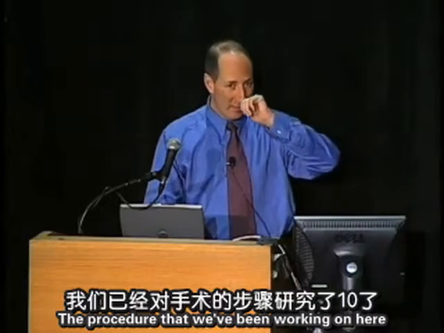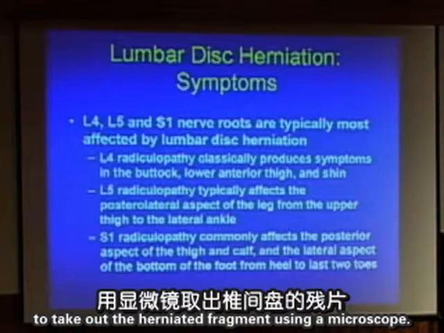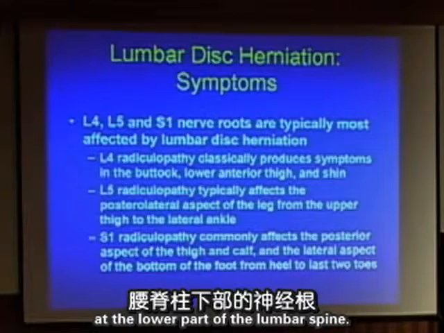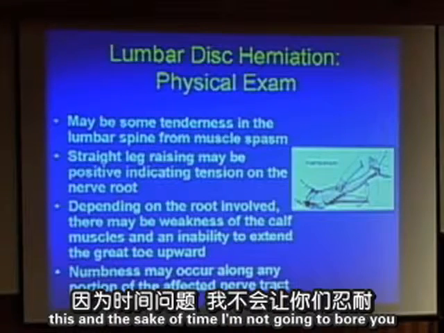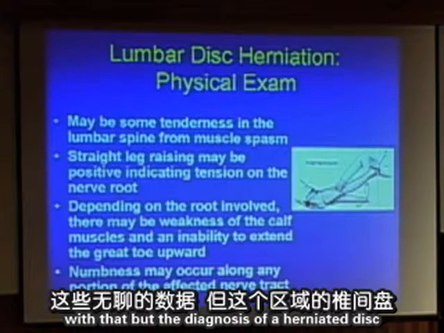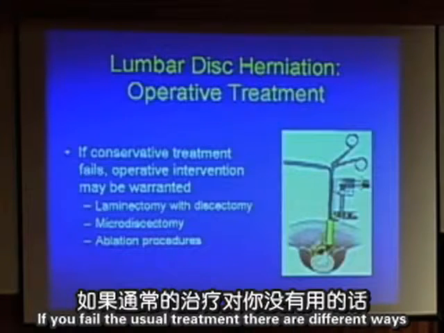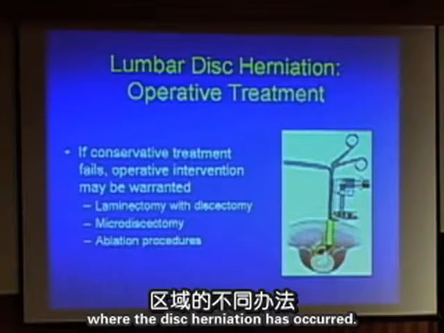The procedure that we've been working on here for the last 10 years and continue to try to refine is to take out the herniated fragment using a microscope. In general, these are looking down at the nerve roots at the lower part of the lumbar spine. There are a bunch of tests that are positive for this, and for the sake of time, I'm not going to go over that. But the diagnosis of a herniated disc in this area is usually not very subtle. If you fail the usual treatment, there are different ways to get down into the area where the disc herniation has occurred